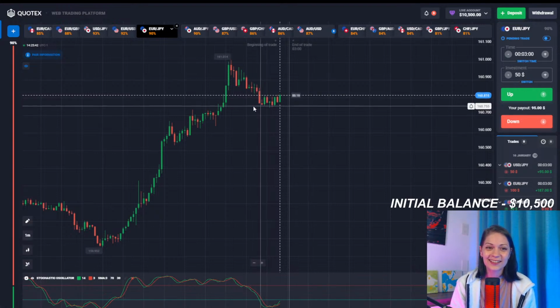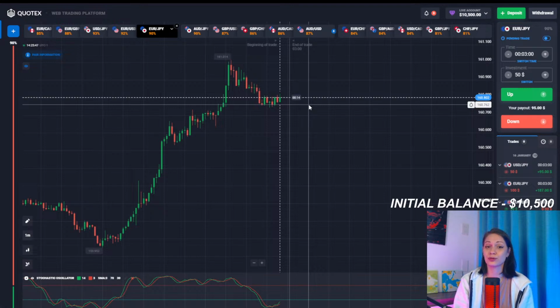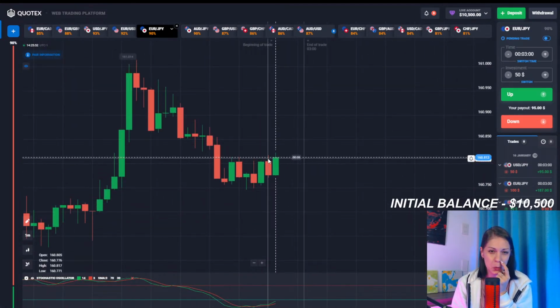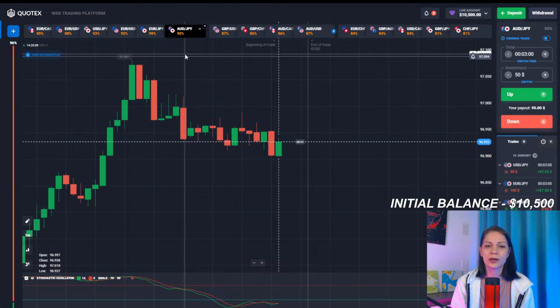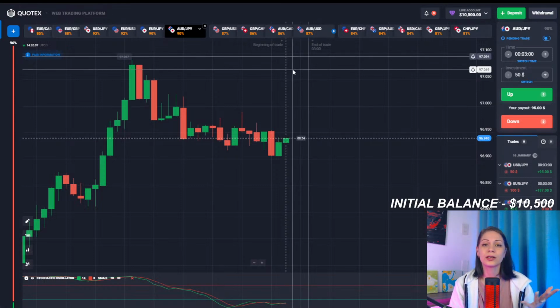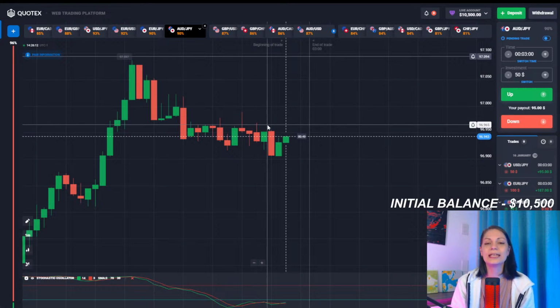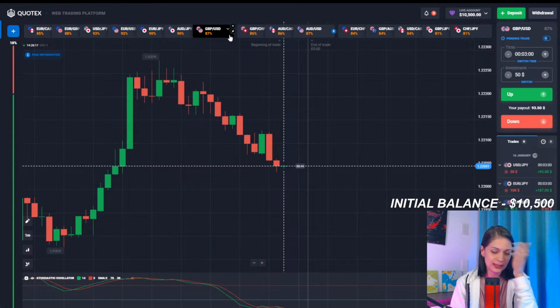What's going on? AUD/JPY and Euro/JPY, we need to try to find an entry point for an upward trend with this pullback. The only important thing right now is to understand where we can find it. Right now we need the price to break through this micro resistance level. So we are waiting for now. Guys who are looking at currency pairs along with me, you can look at them here on the top. If you find something interesting, you can leave a comment in the chat and I will look into your suggestion.